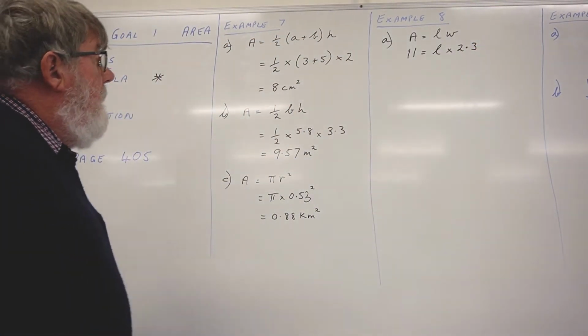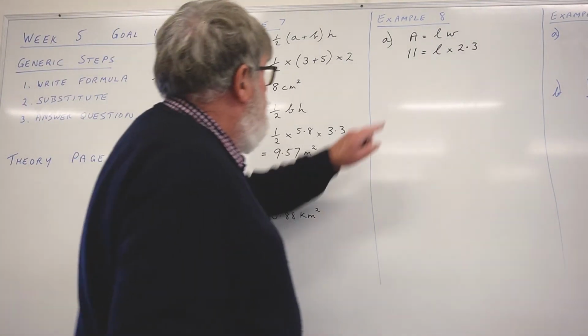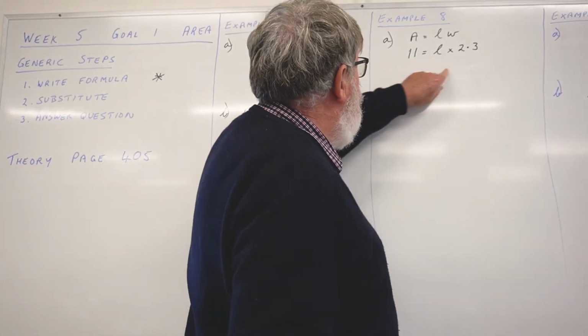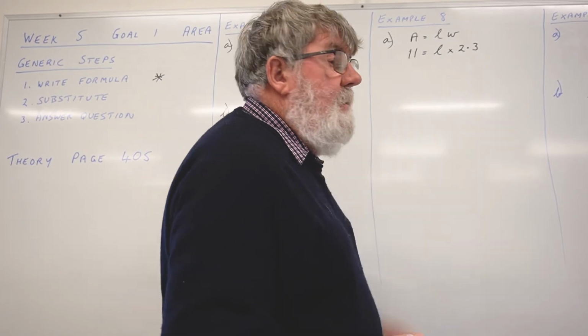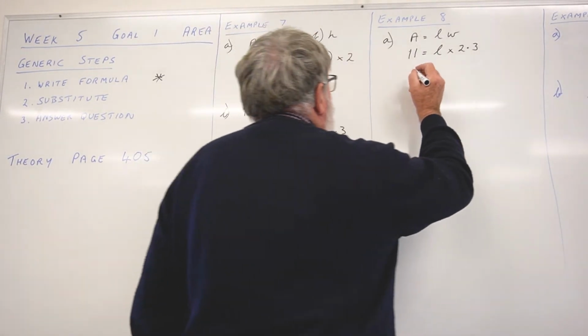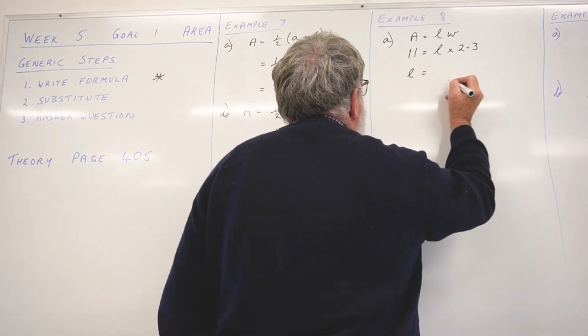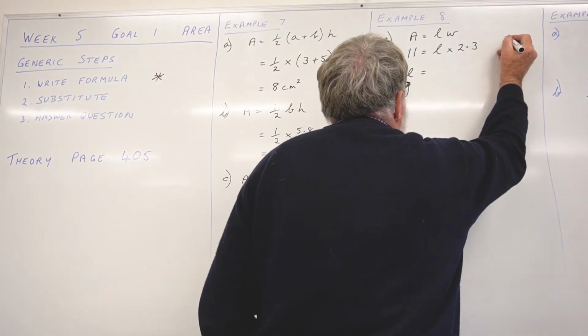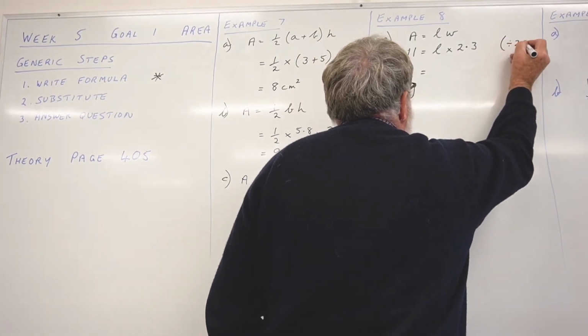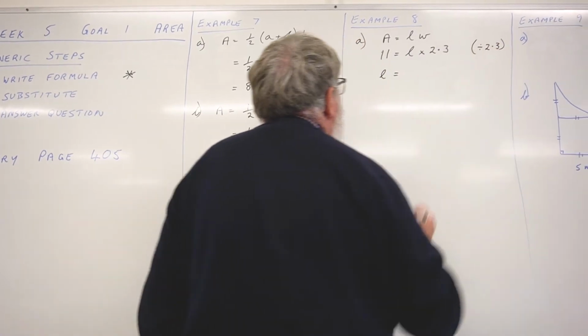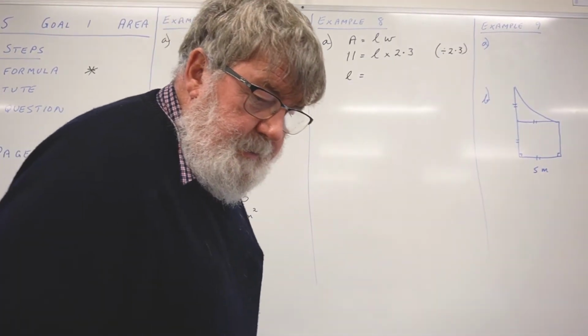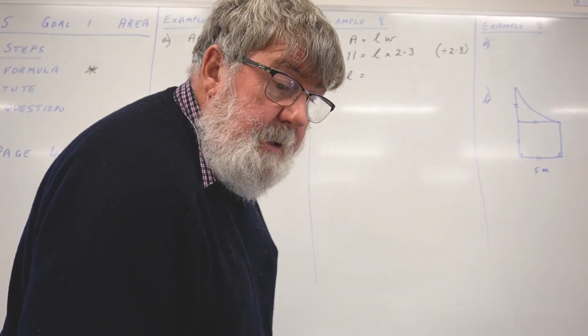Once we've got it written out like that, you can see that this is just simply an equation, very simple equation. We've done work on solving equations in term 1. So the L is calculated by inverse operation. We have to divide both sides by the 2.3, and 11 divided by 2.3 to 2 decimal places is